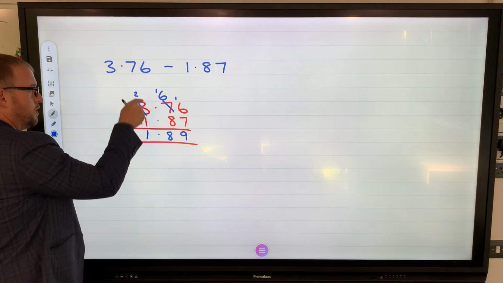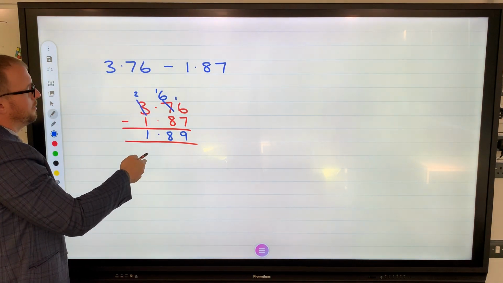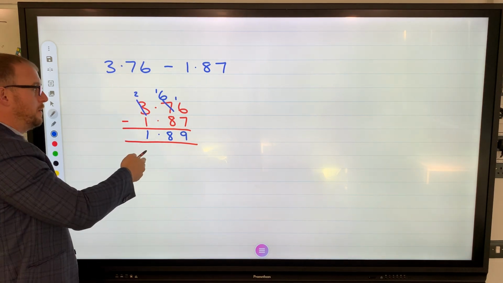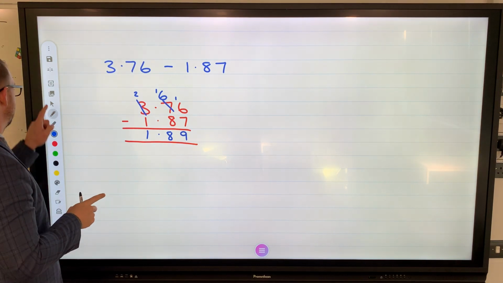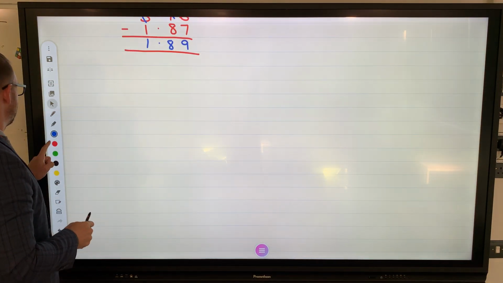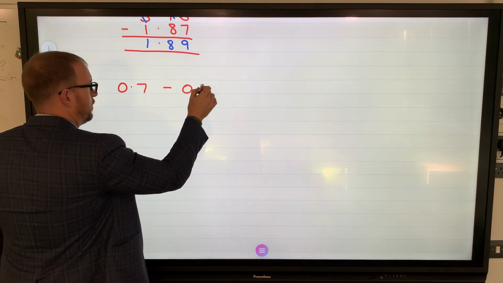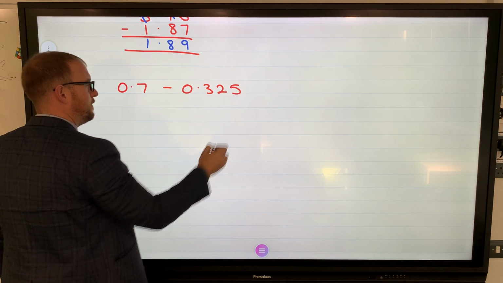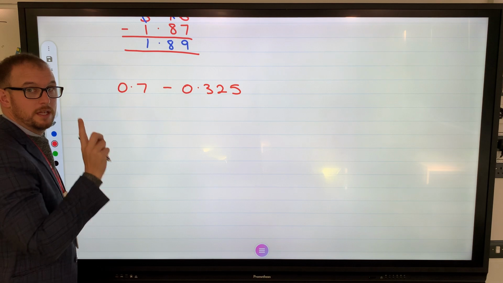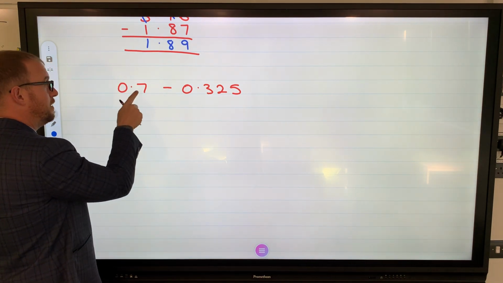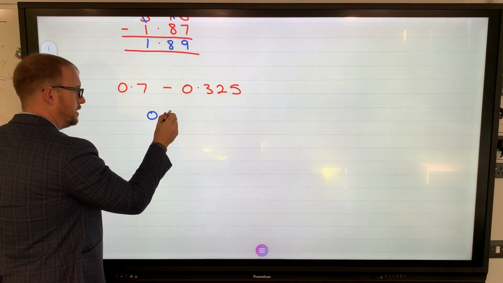So first number on top, second number on bottom. Use your decimal points as like a point of reference, like I think of it as a backbone. They all have to be in line. If there are any gaps, use a place value holder. So if I had 0.7 subtract 0.325, I know we have 3 decimal places here and only 1, but we can still subtract because 0.7 is bigger than 0.325. Column method, 0.7,